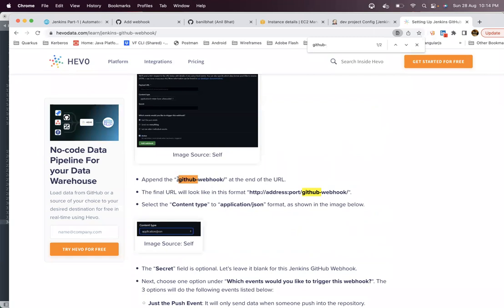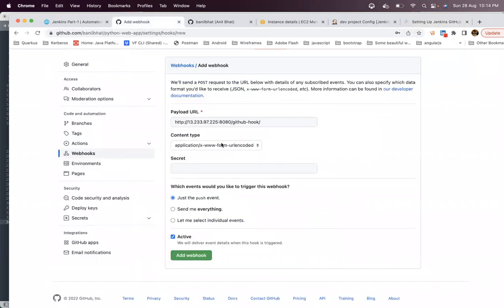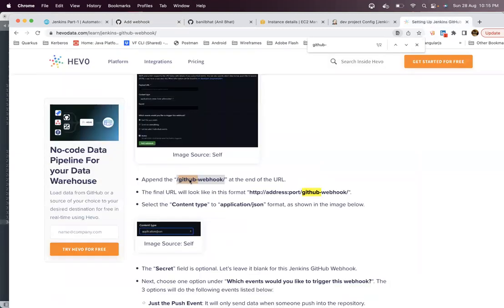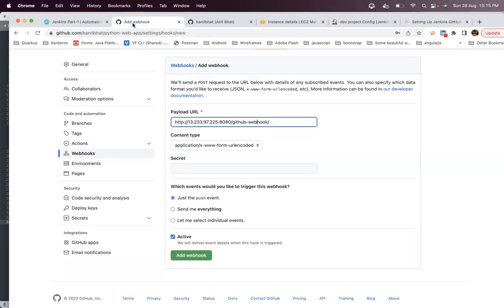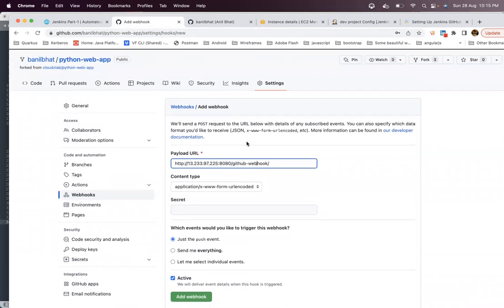Yeah, so you have to append github-webhook at the end of the URL. Okay, that's it, right? So what you're saying is that whenever a push happens, I am requesting GitHub to send a hook